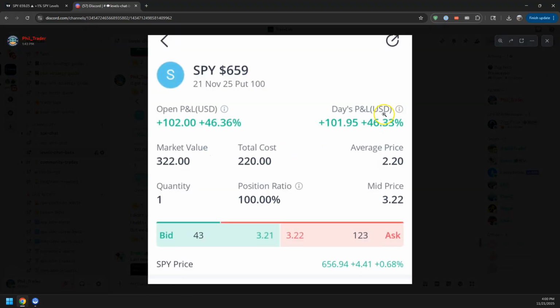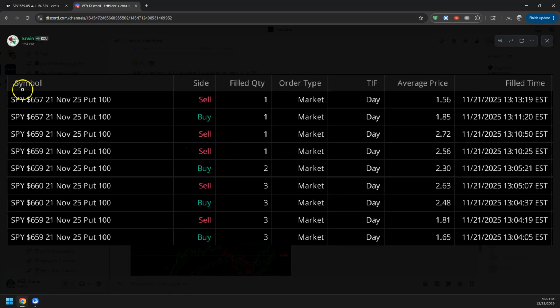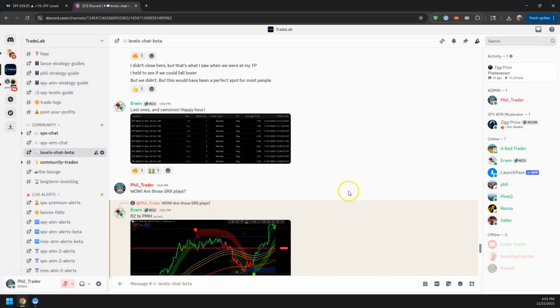All right, here's my play that I was telling you about. We were up 46% on that. And then Irwin really knocked it out of the park today. You can see lots of scalps, 165 to 181, 248 to 263, 230 to 256. Oh, this is a part of this order here. So 230 to 256 and 230 to 272. And then looks like he did take a loss on this one, 185 to 156. He had a really solid day today